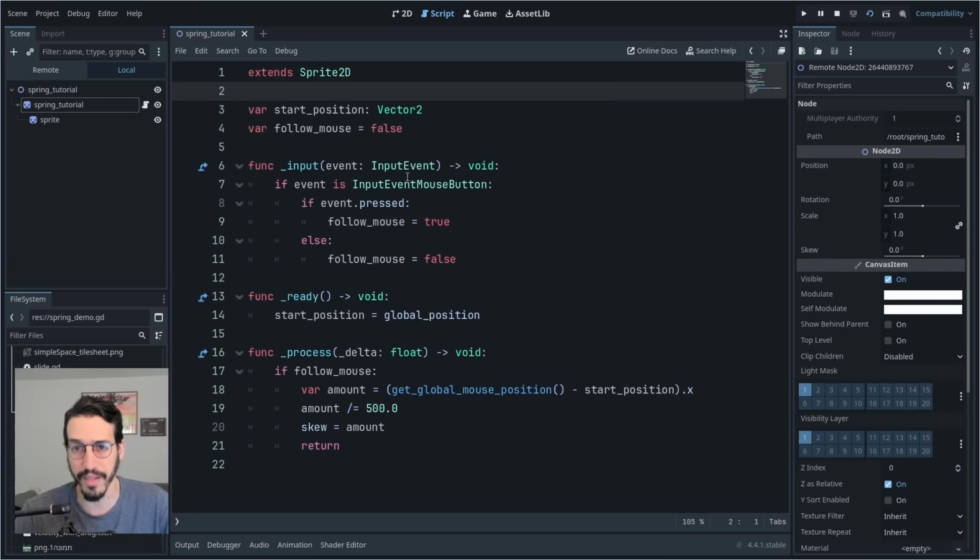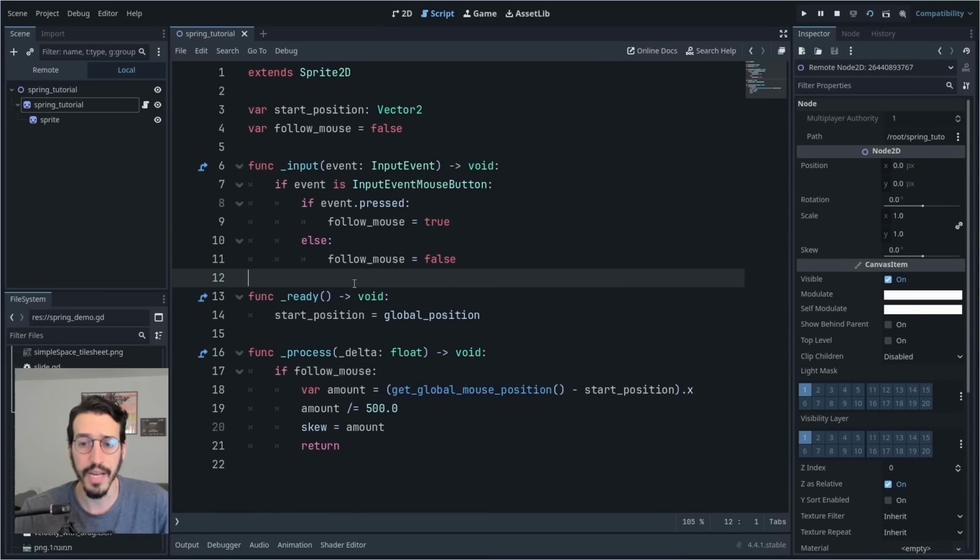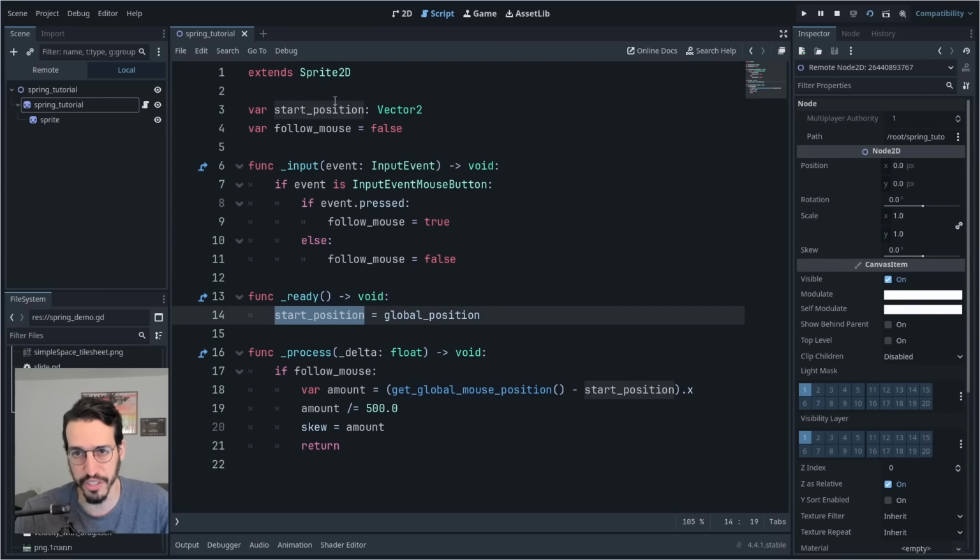So what I'm doing right here, I have two variables, the start position and the follow mouse boolean. And whenever there's an input event, I check if it's an input event of a mouse button press or release. If it's a pressing of a button, I will change the boolean of follow mouse to true. If not, I will set the follow mouse to false. So far, really simple. If I'm pressing the mouse, it will be true. If I'm not pressing the mouse, it will be false. And then whenever I start the scene, I will just set the start position variable to the global position of